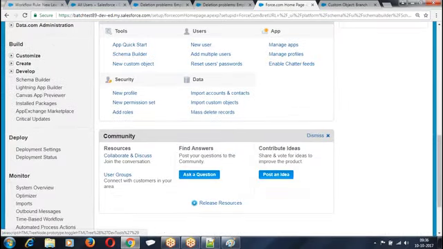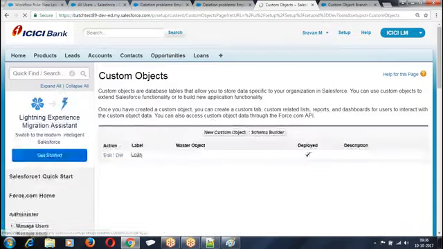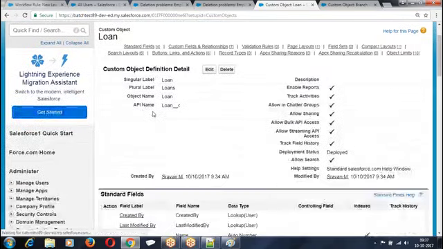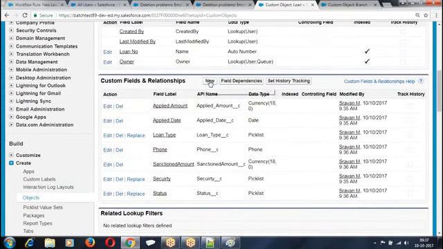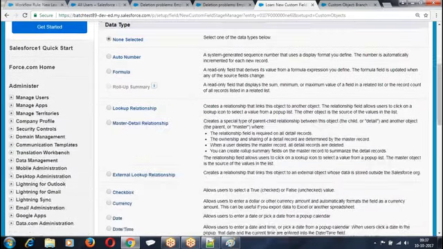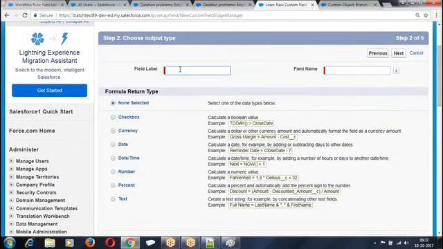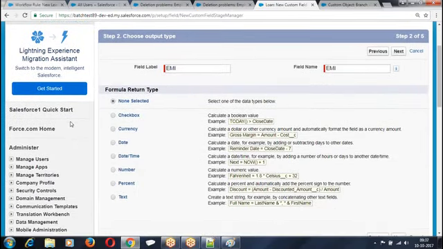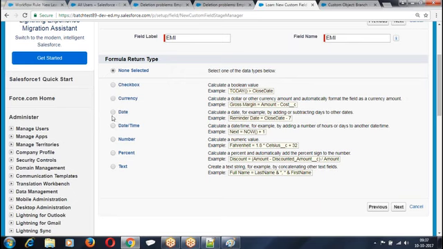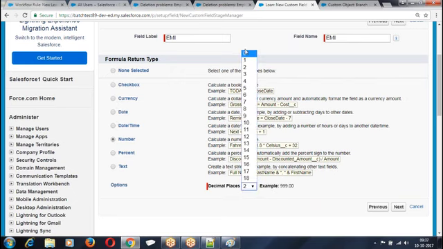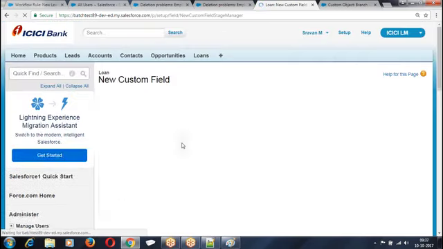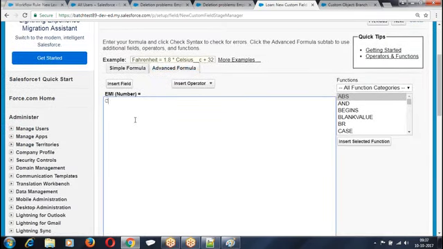Then I want to create objects, loan. Then I'm going to give some formulas. New formula, number of EMIs. Number of EMIs are going to be number. How did you write the formula? Case, loan type,